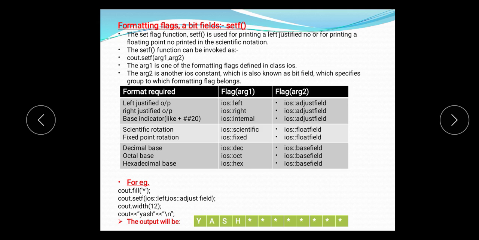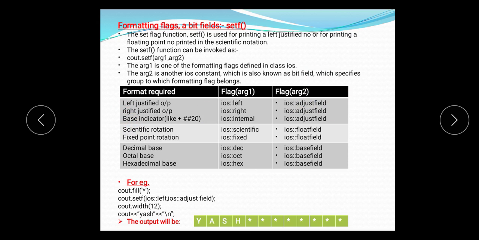Then decimal base, octal base and hexadecimal base. What is argument 1? It is the formatting flag defined, the type of flag you want to set. We can set the flag for decimal, octal or hexadecimal base with argument 1 as ios::dec, ios::oct, ios::hex, and these are the base field, so the second argument is basefield. These are for floating point numbers, so floatfield. And we adjust our output as left, right or internal, so this is adjustfield.